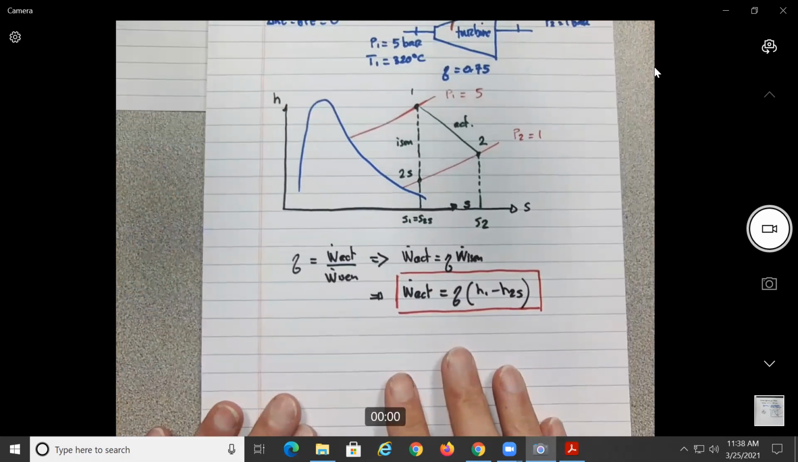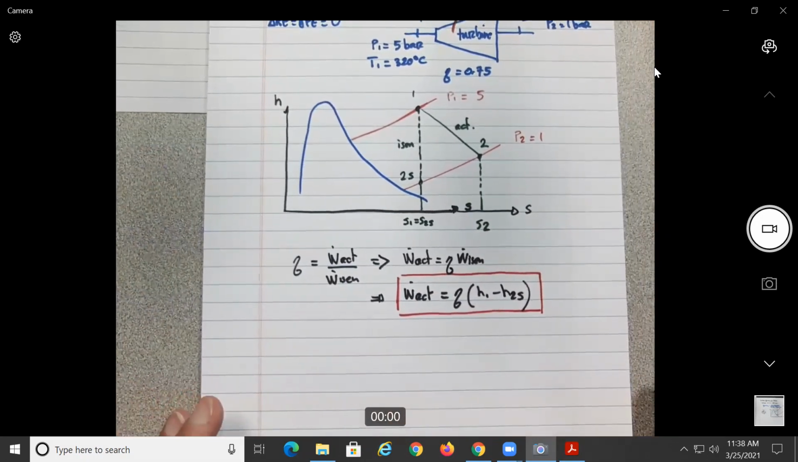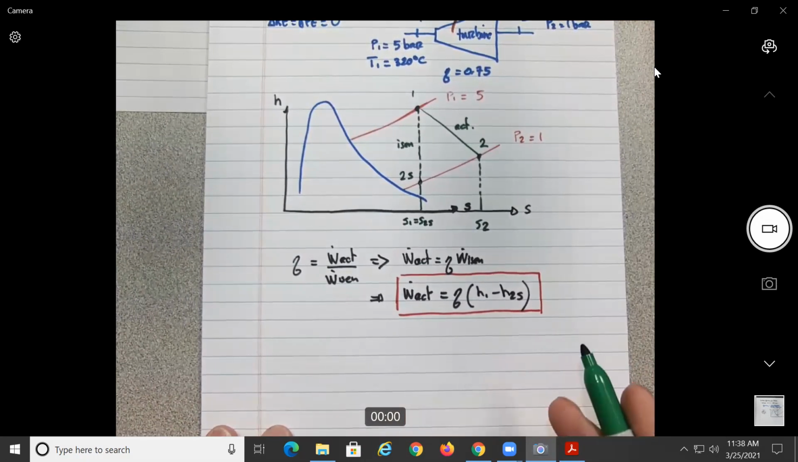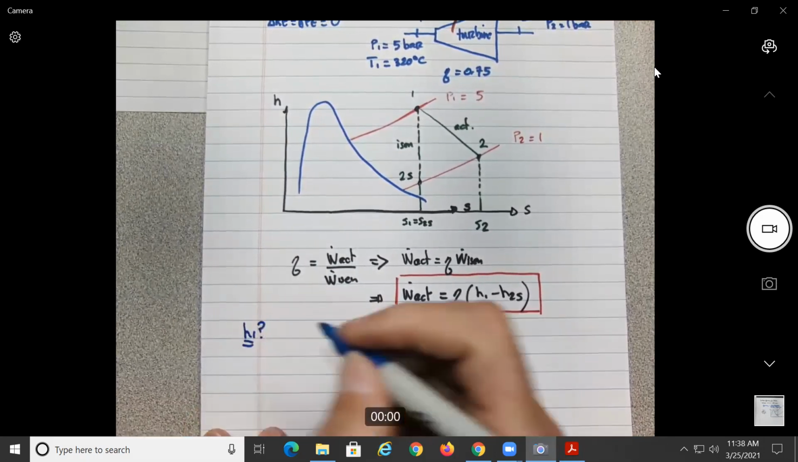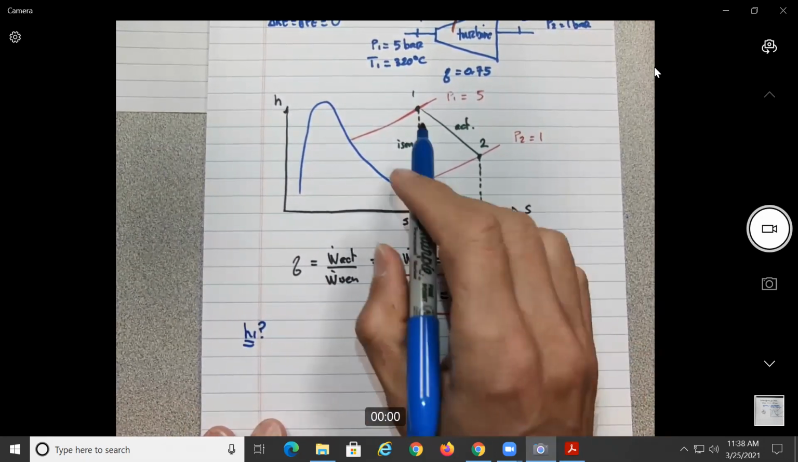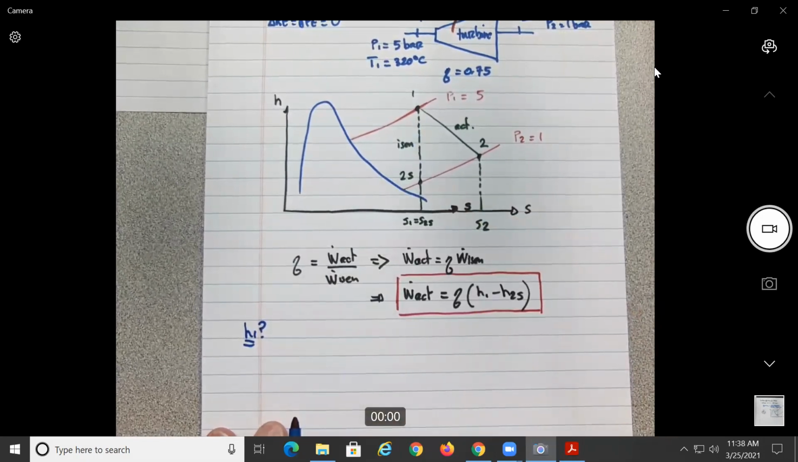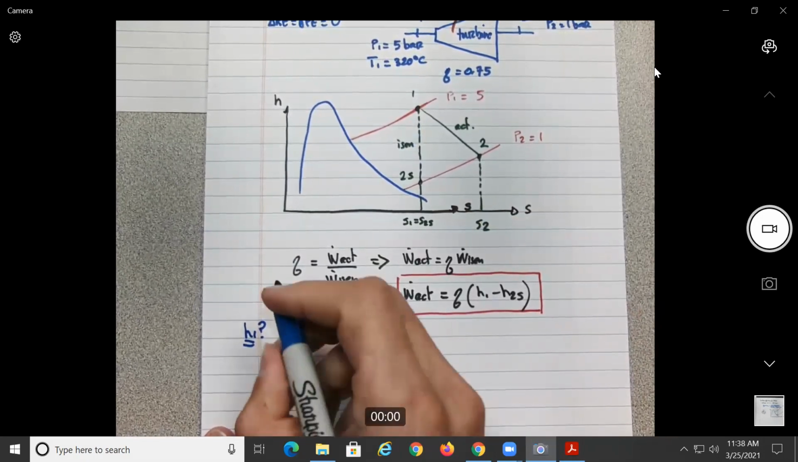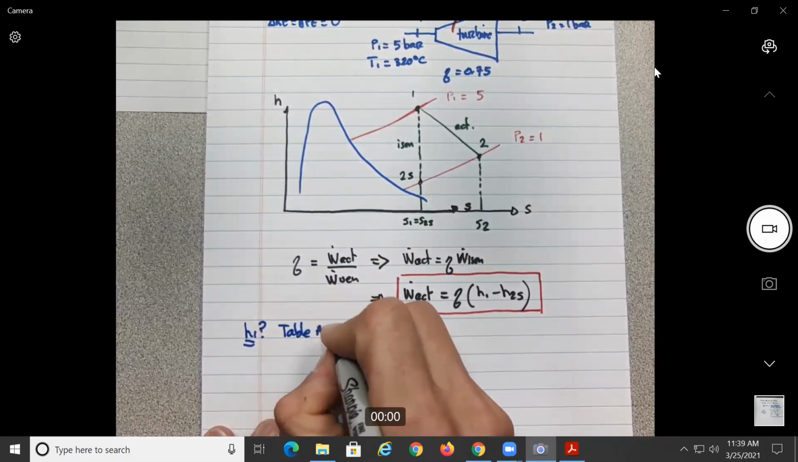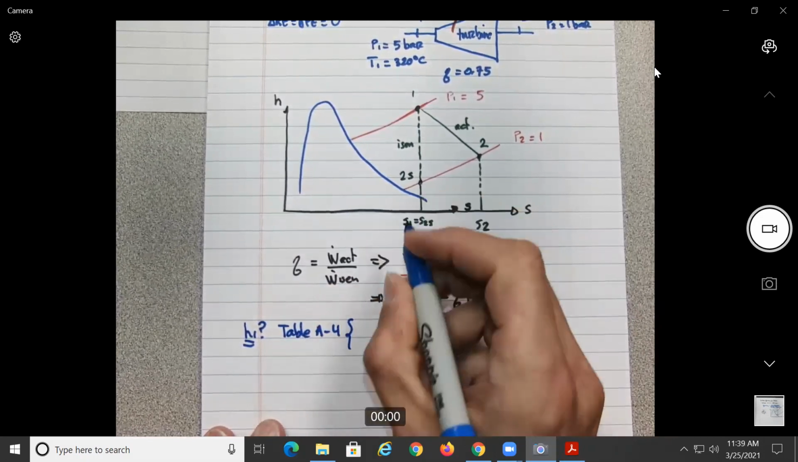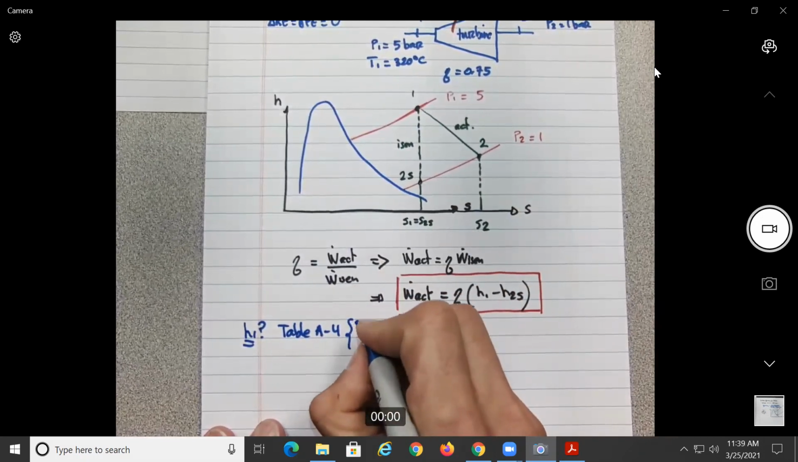Okay, so by now you should be used to it. How do we find h1? We're going to use the tables, no? So in order to find h1, what do we know? What would be the state of 1? We know it's vapor, no? So we know it should go to table A4. And we need to know two things, like always. Do we know two things? We know the pressure